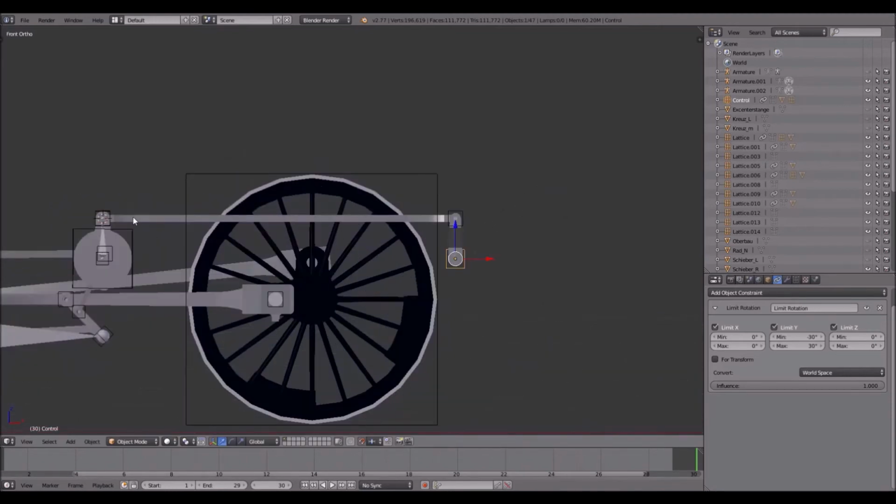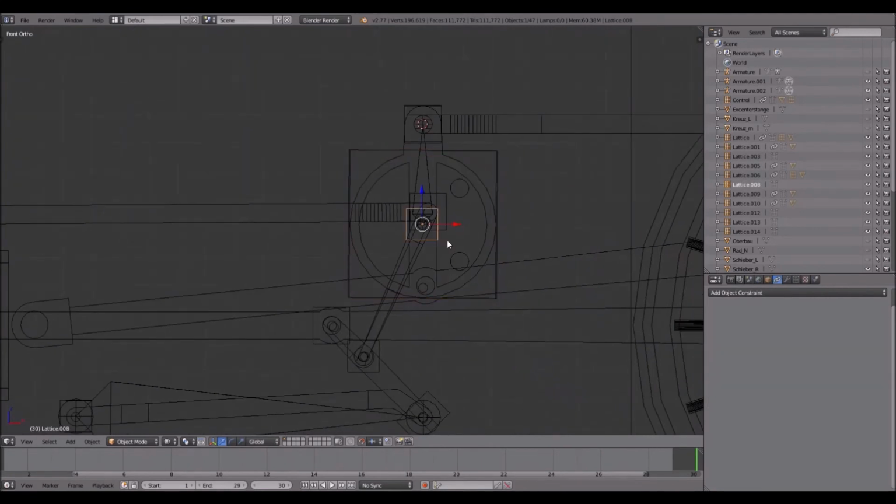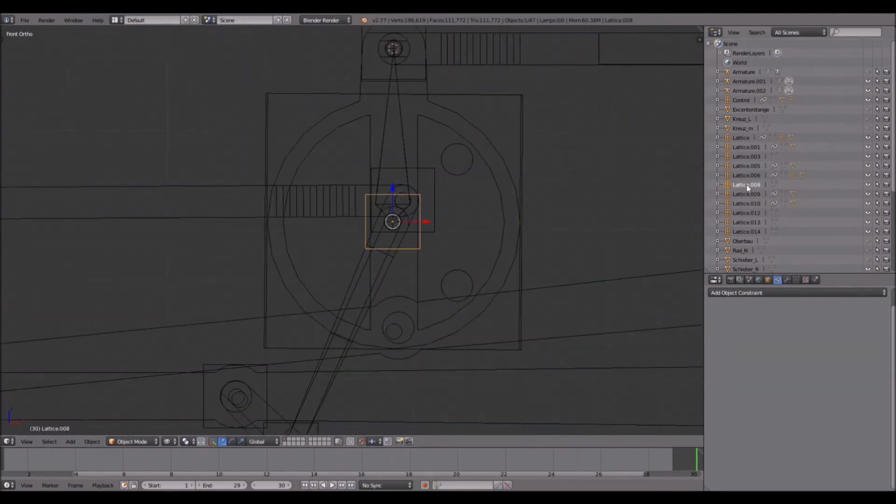So next step, go over here again, wireframe mode, and you have to, sorry, I had to cut again, the